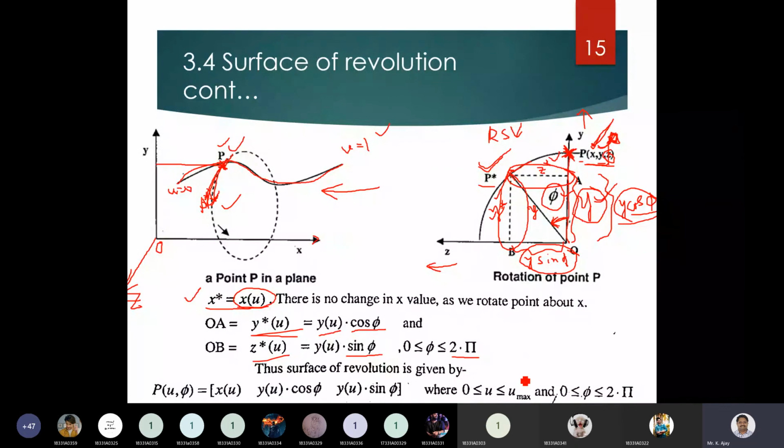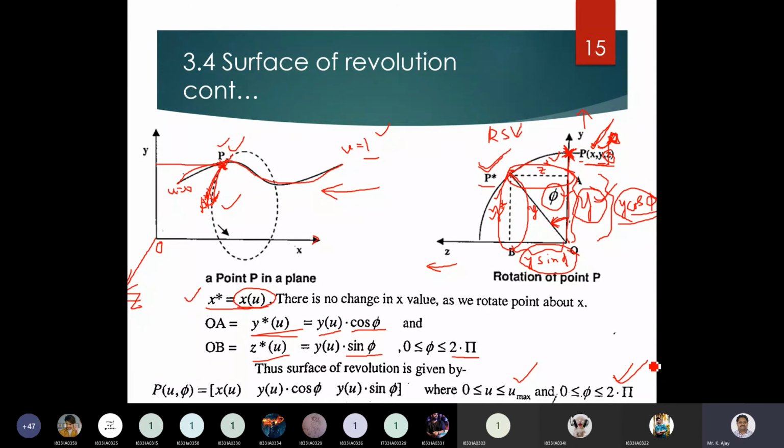Okay, in an example, he may be giving you a u maximum, and it may be given like 2 pi. It need not always be the same. You can vary it, depending upon why. Because instead of a curve here, some people may like to consider a B-spline. For a B-spline, the maximum value will not be restricted to 1. The maximum value can be anything depending upon the number of points, right? So similarly, instead of 2 pi, it can be any other angle also, but it should not be more than 2 pi.